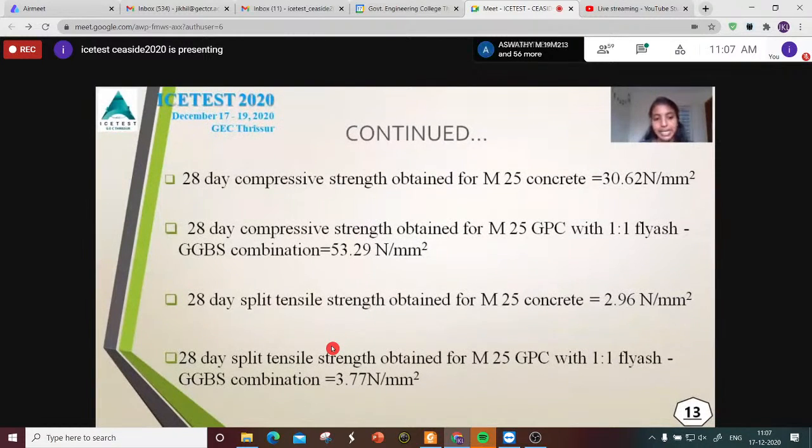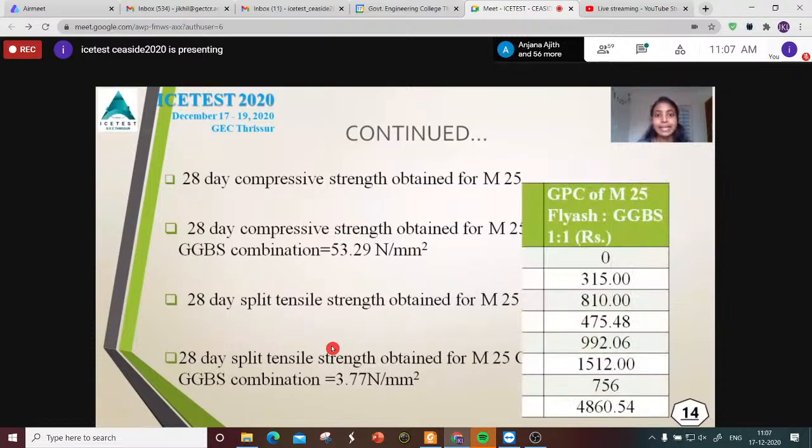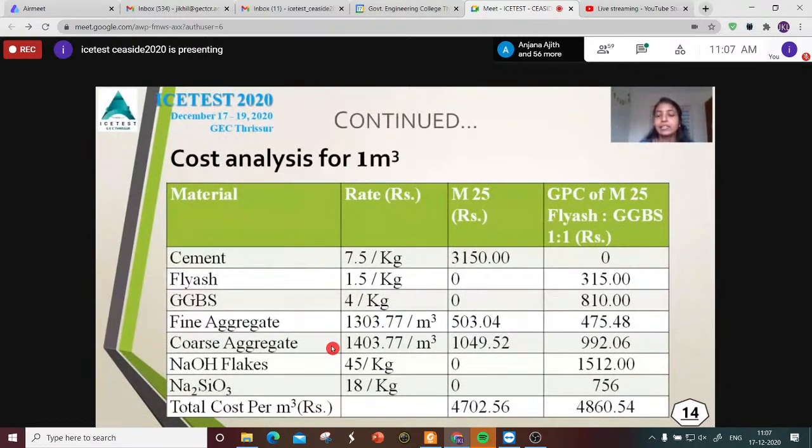Then for the 28-day split tensile strength test, we obtained a strength of 2.96 Newton per mm square for the conventional M25 concrete mix and 3.77 Newton per mm square for the optimum GPC M25 mix, which is also higher than the other. And coming to the cost analysis we had done for the 1 meter cube of concrete,